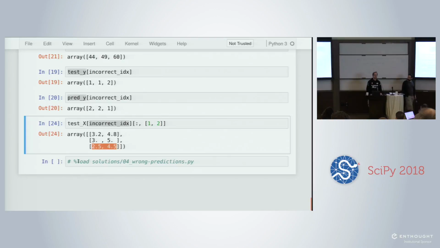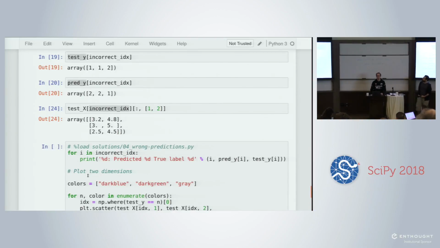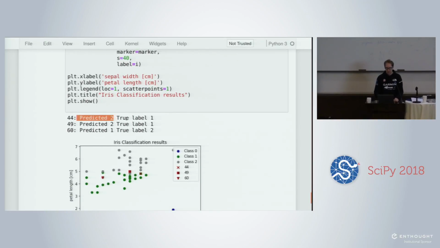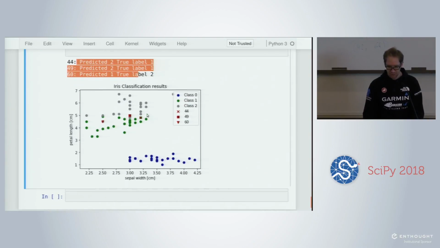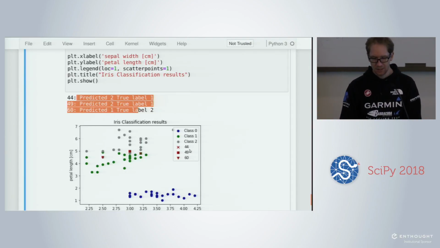Okay, so by just looking at the data without any plotting, we can already check. We already defined before the incorrect indexes. It's this variable that was defined here: np.where prediction is different from the test y, and then we're getting 4 indexes.